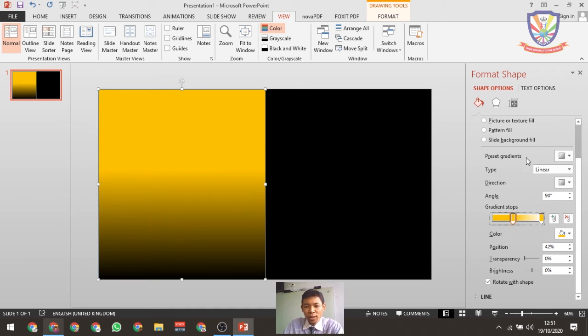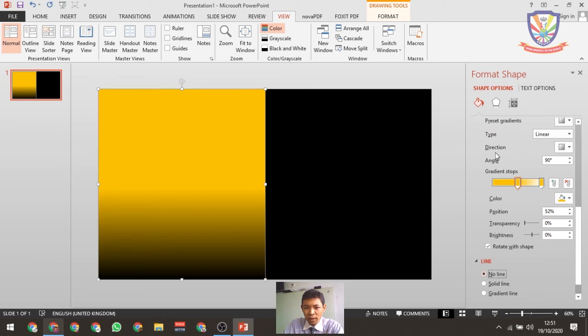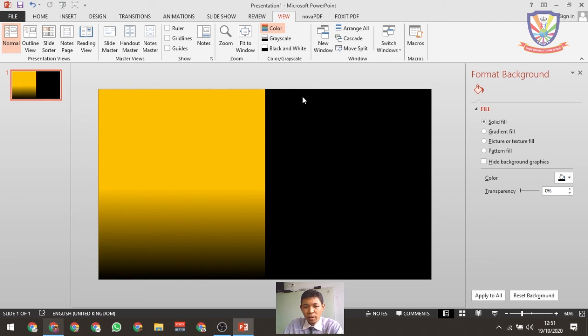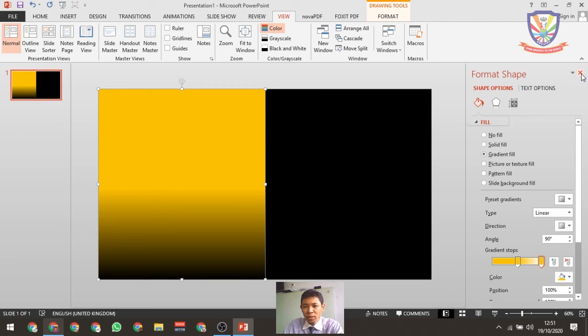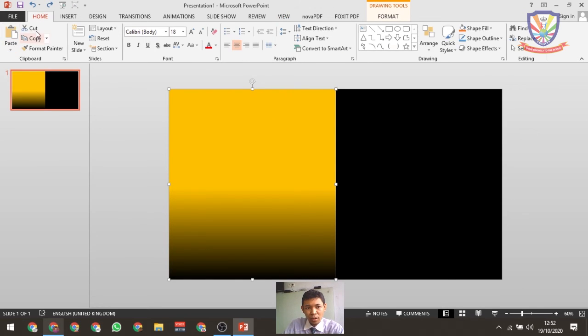Okay, and after you're done, line color. We click expand, just choose no line. Okay, so now I have a smooth basic shape right here. And after you're done, just close it. Now we are going to copy this shape. Okay, I want to copy, or we can use duplicate right here,